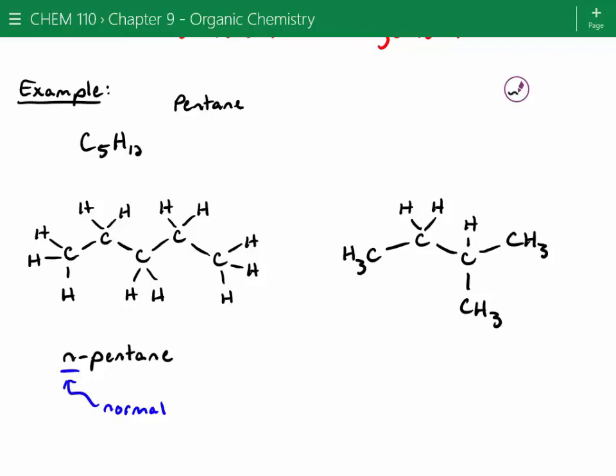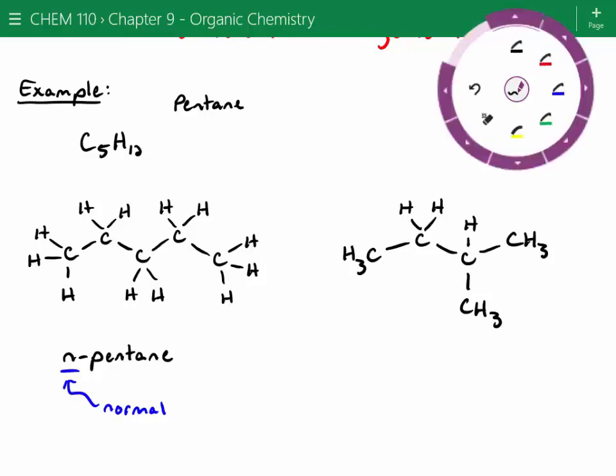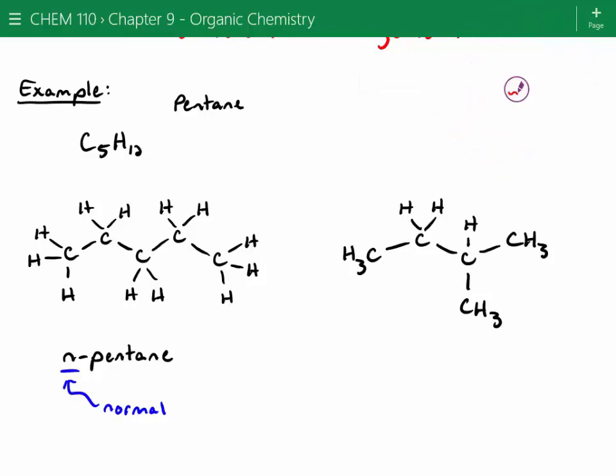So do you see how now we don't have a straight chain anymore? We've actually got a branched chain. And so when we number this or try to name it, what we do is we try to number the longest set of carbon chains. So we don't go 1, 2, 3 because we've got a longer chain in there, right? We could actually go 1, 2, 3, 4. So we've got a long parent chain here.